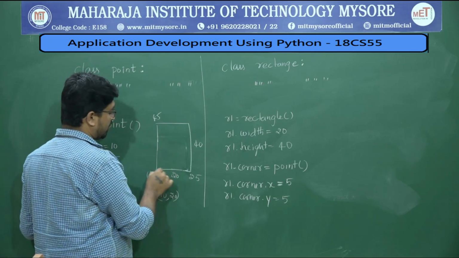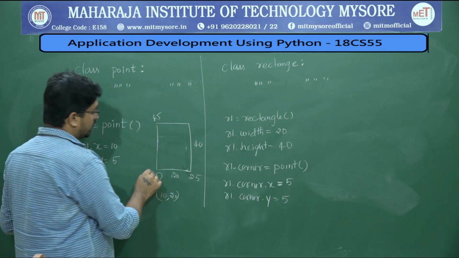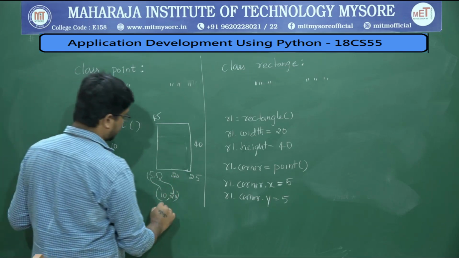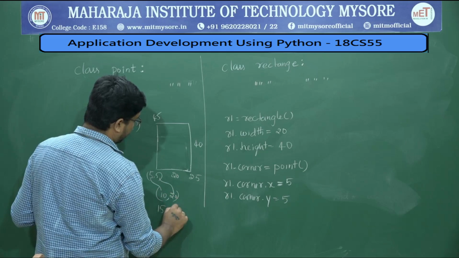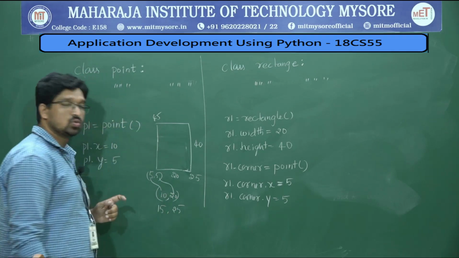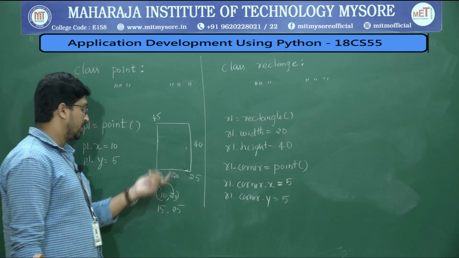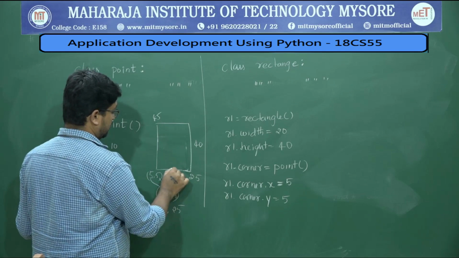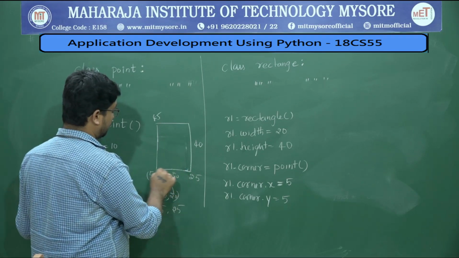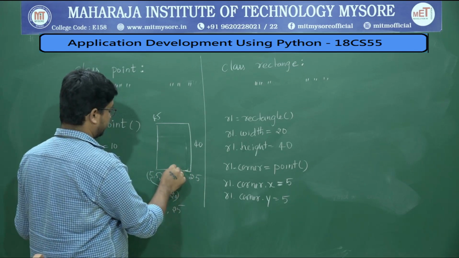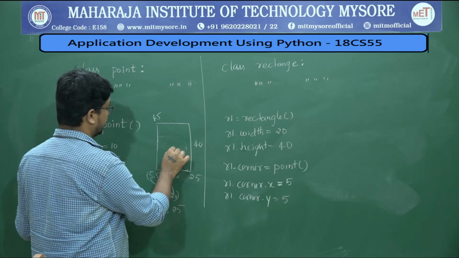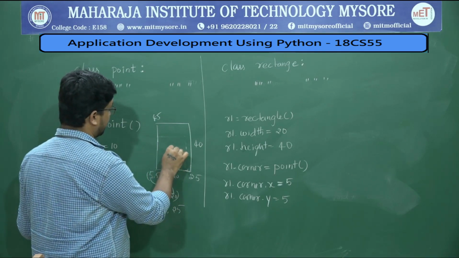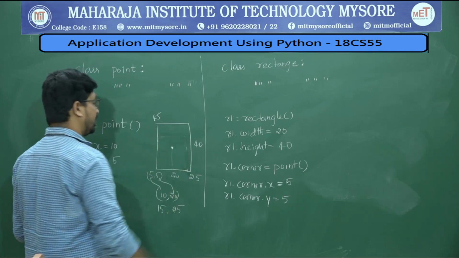Obviously this cannot be a midpoint because we have an origin corner point also. You need to add the x value and y value to these two values, then you will get 10 plus 5, it is 15, 20 plus 5, it is 25. So these two are the midpoint of this particular rectangle. So 15 over here, then it is 25 over here. So we will get this as the midpoint.